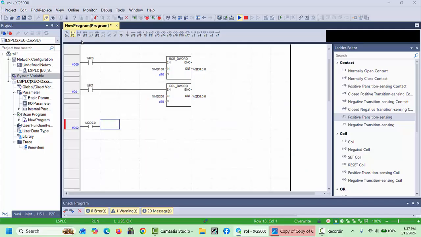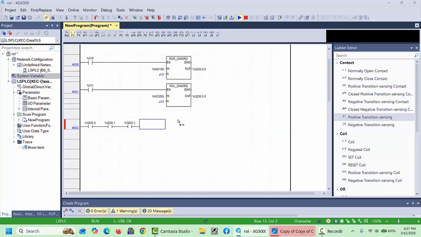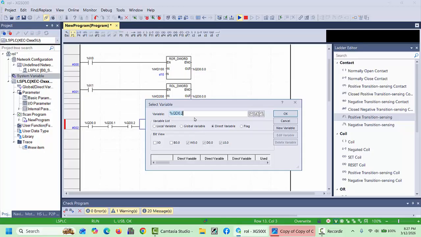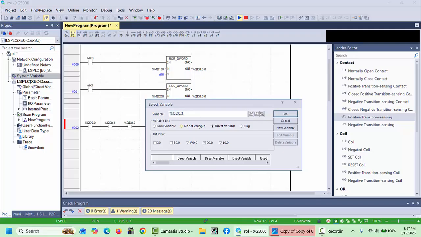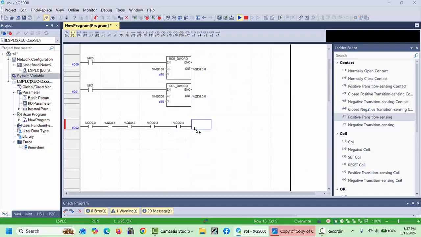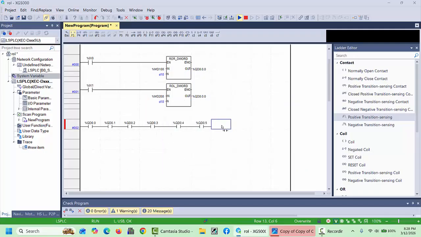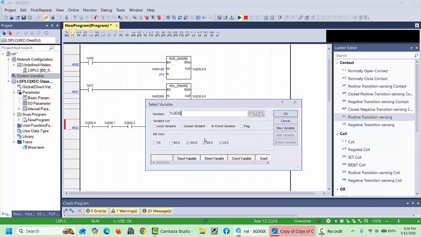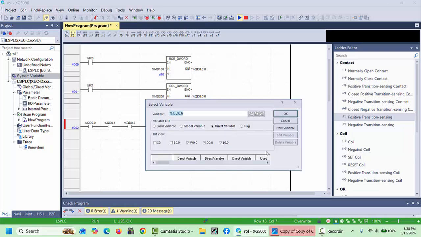And same we will take also Q0.1, and next we will choose 2, and next 3, and here we will choose 4, and one more we will choose 5. How many bits you like to choose, you can choose it here, that's no issue. I'm choosing only 7 bits for the explanation